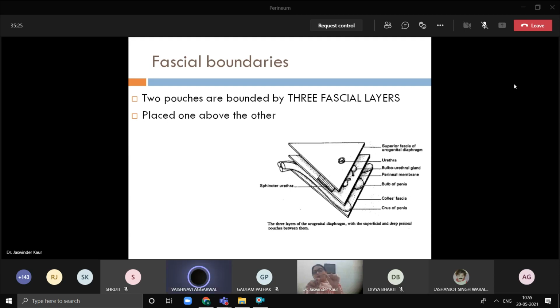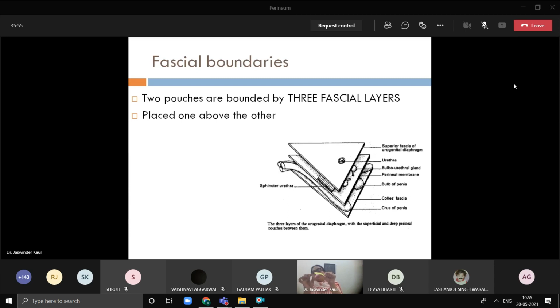Yes, ma'am. So there are 3 layers. This black layer is the Colles fascia. Then this pink is the perineal membrane, and this yellow is the superior fascia of the